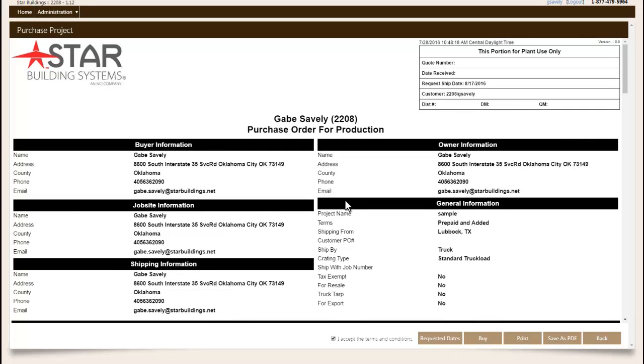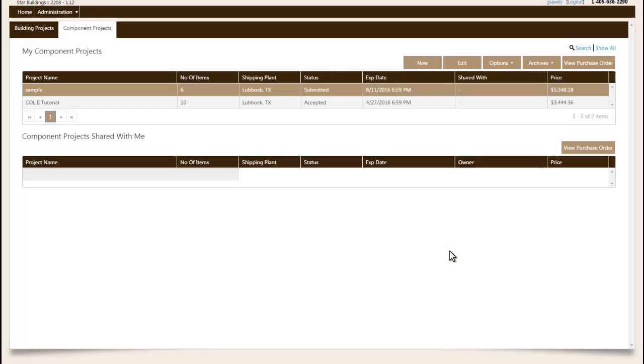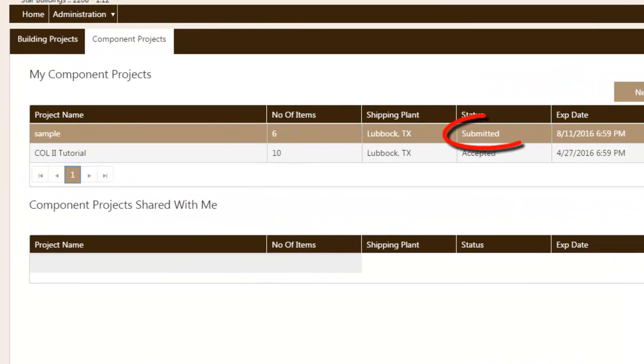Now the terms have been agreed to and the requested date has been entered. So the next step is hit the Buy button and order the project. Once you hit the Buy button, you will be redirected back to the project dashboard page. You will see that project in your list of projects, and the status in column 4 will be listed as